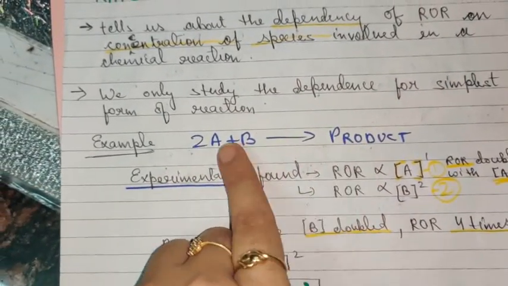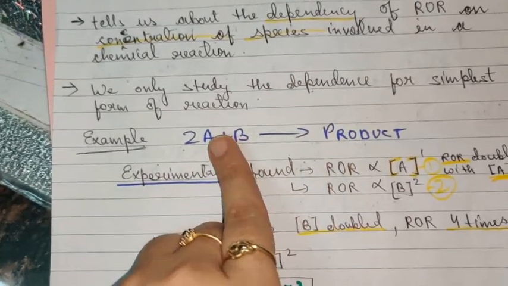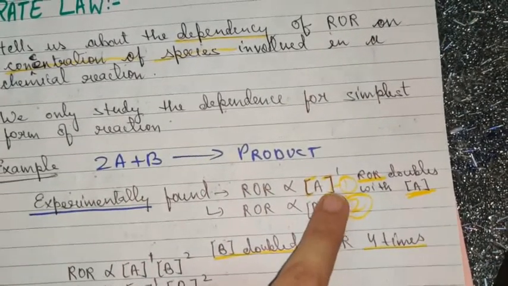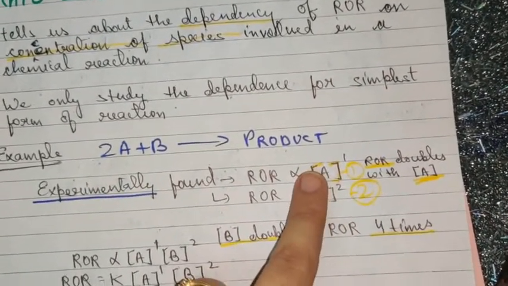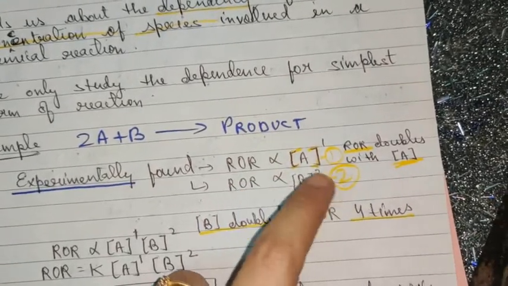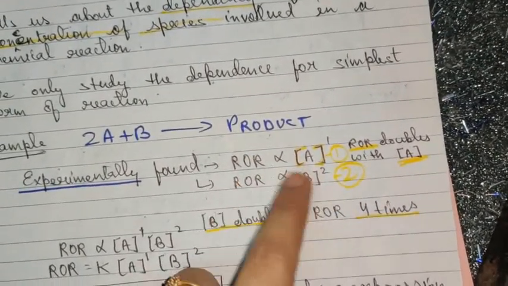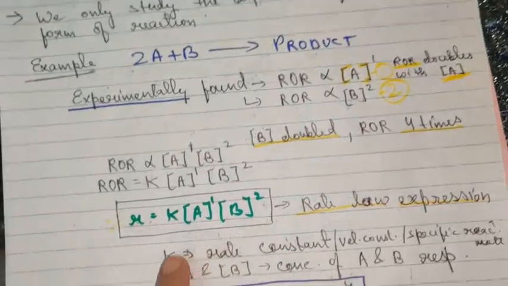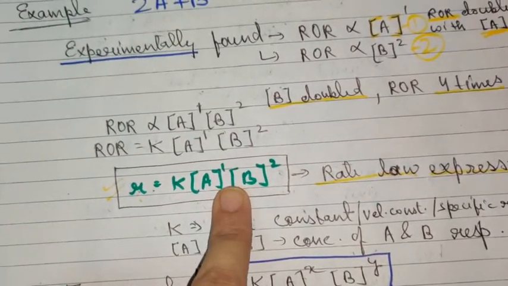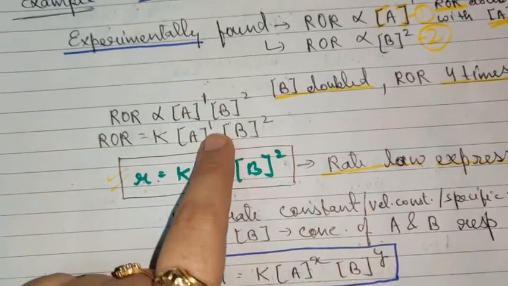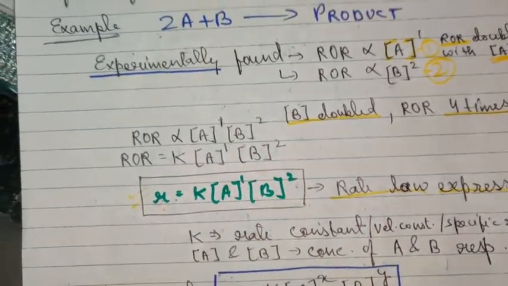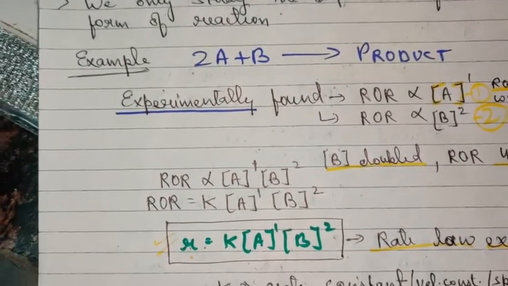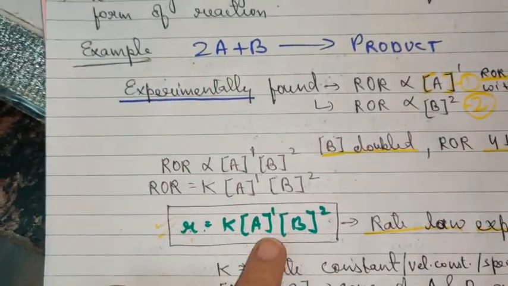And like this, I have taken a hypothetical equation here, and experimentally for this equation it is found that the rate of reaction is getting doubled with increase in the concentration of A, and the rate of reaction is becoming 4 times with increase in the concentration of B. So this can be expressed mathematically in this way, and when you combine this you reach the rate law, and according to this rate law the order with respect to A is 1 and the order with respect to B is 2. Now point to note here children, it is not necessary at all that balancing moles will come here.